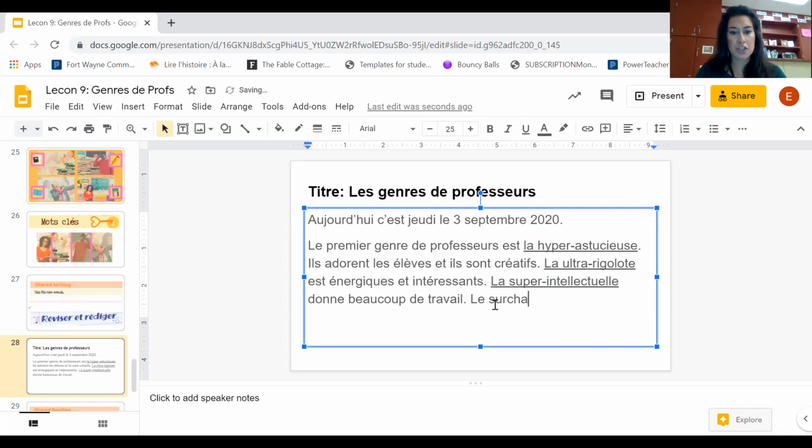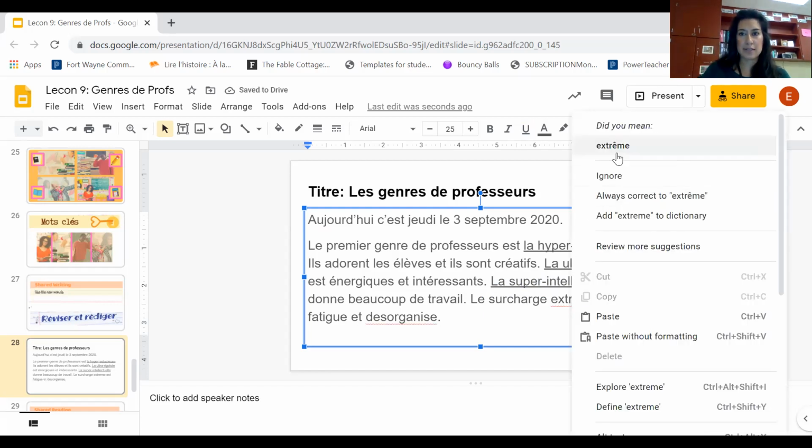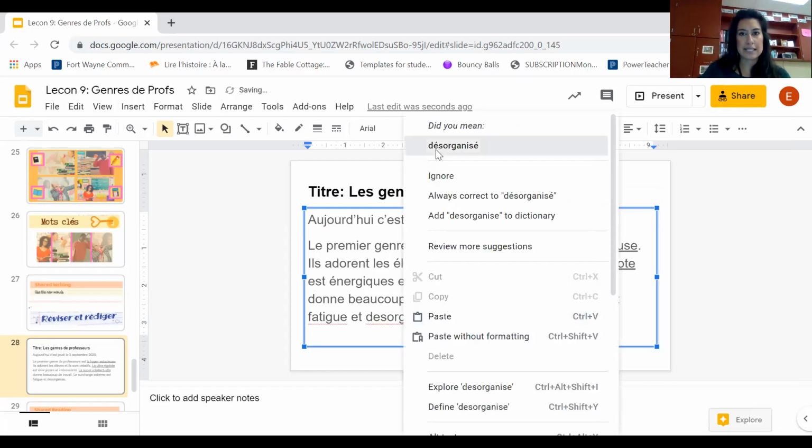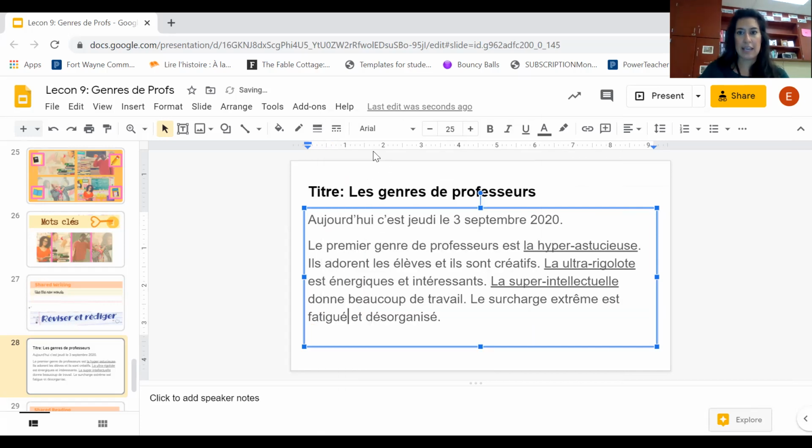Le surchargé extrême est fatigué et désorganisé. Alors, extrême, désorganisé, fatigué, chargé.